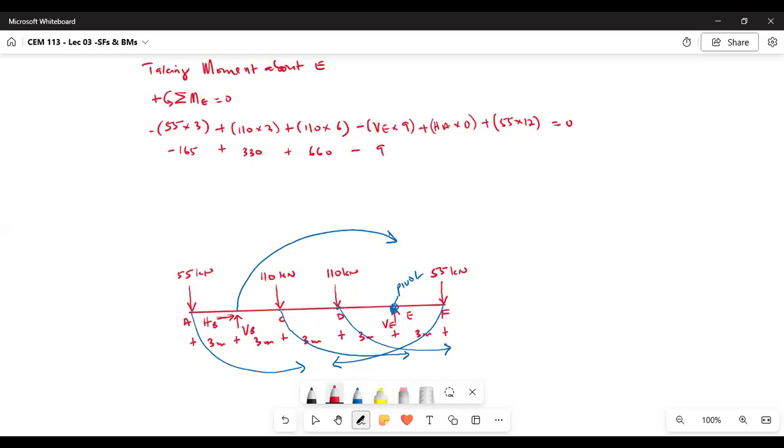This will give us 9 VE plus 0 plus 660 equals 0. Okay, so now